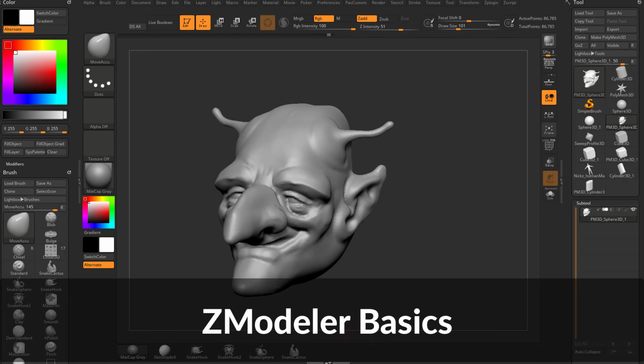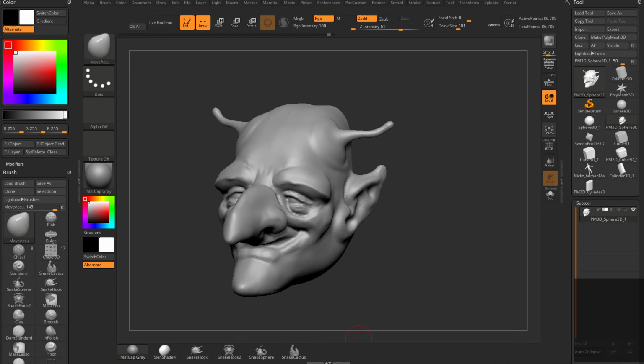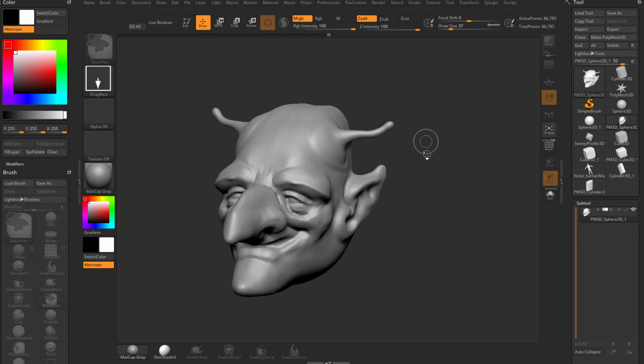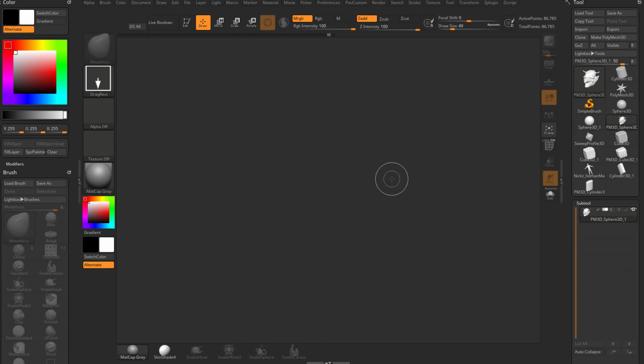Now I'm going to take a quick sidetrack from organics and ZBrush basics to go a little bit more box modelly. I used to hold off on ZModeler until much later in the course when we got into hard surface stuff, but what I found is people relied way too much on sculpting techniques and not enough on just box modeling creation techniques. And both are really, really useful, even for organic stuff, but especially for hard surface stuff, or